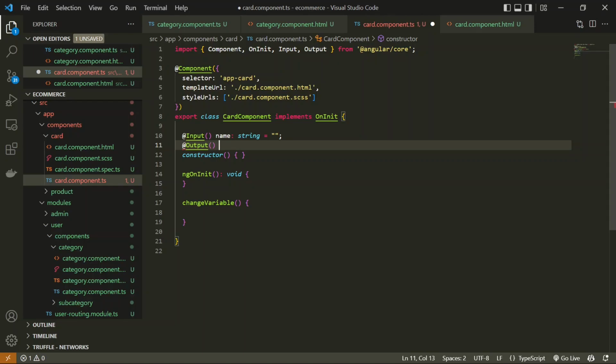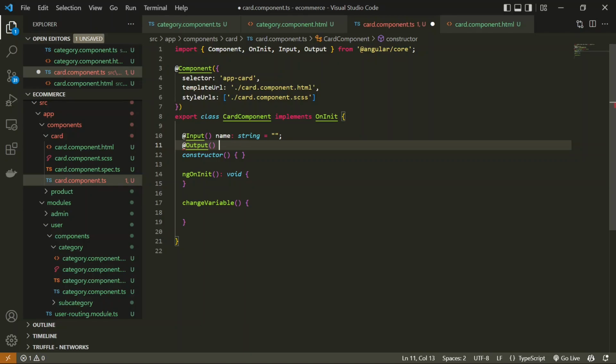Now first let's talk about how this output works. Basically, when we want to pass something from a child to parent, we have to emit that as an event. So let's define a name over here. That will always be an event, right? So in a child component, whenever that event occurs, it will emit that variable from child to parent.